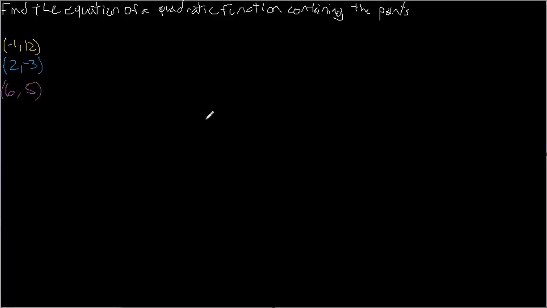In this video, I'm going to show you how to find the equation of a quadratic function containing the points (-1, 12), (2, -3), and (6, 5). This technique will work for any 3 points that are non-collinear as long as no 2 points of the 3 have the same x-coordinate. Anyway, to solve this problem, it's helpful to know that any quadratic function is y equals